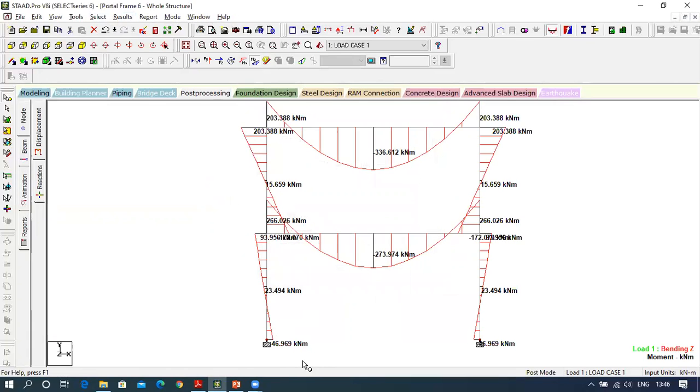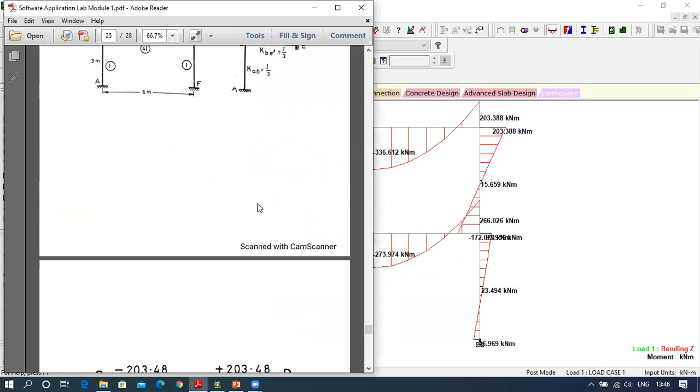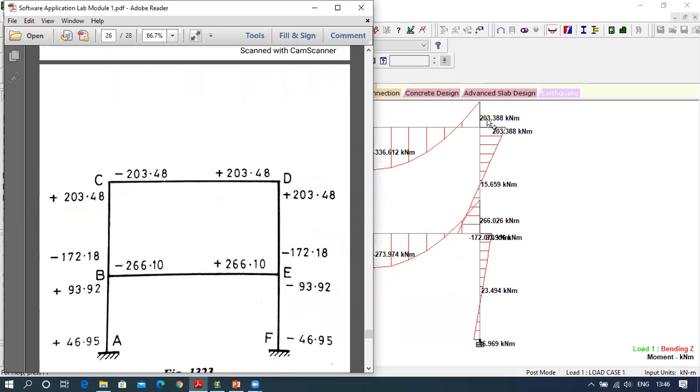Let us verify the results. So it is 203.48. Here it is 203.48. Here it is 266. And this is minus 172. So it is overlapping, you are unable to see.